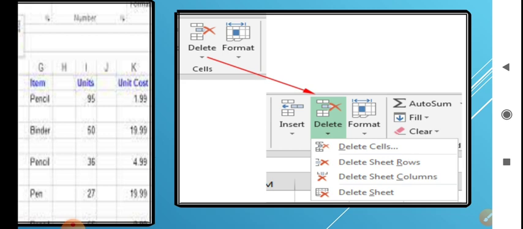If you want to delete a full row, the second one, Delete Sheet Rows. Third, Delete Sheet Columns, if you want to delete a full column. And the last one is Delete Sheet, meaning one particular sheet; 1, 2, 3 are the default sheets. If you have selected the second sheet and you don't want it, you can select Delete Sheet and that sheet will get deleted.